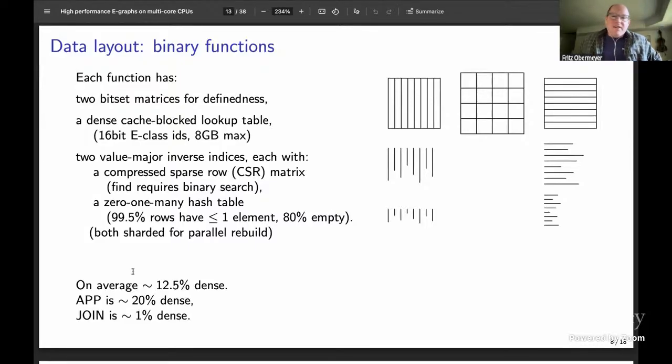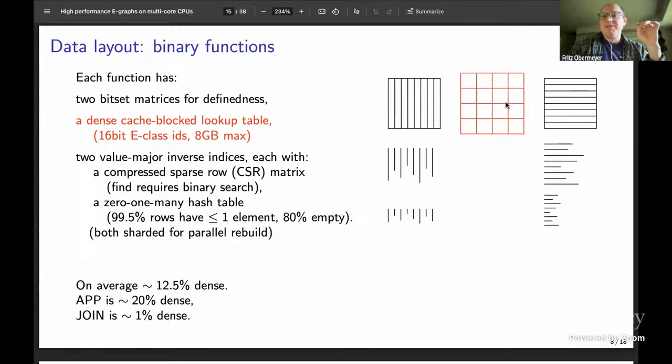Okay, so binary functions have a data representation a little more complex than the binary relation. I start out with absence-presence definedness tables, and those are just like the binary relations. I have a pair of bit set matrices, one row oriented, one column oriented. Because this is an untyped language, in theory the functions are total: any function can be applied to any other function and any argument. But of course, in the finite E-graph, only some of those are. So it's partial by implementation, not by theory.